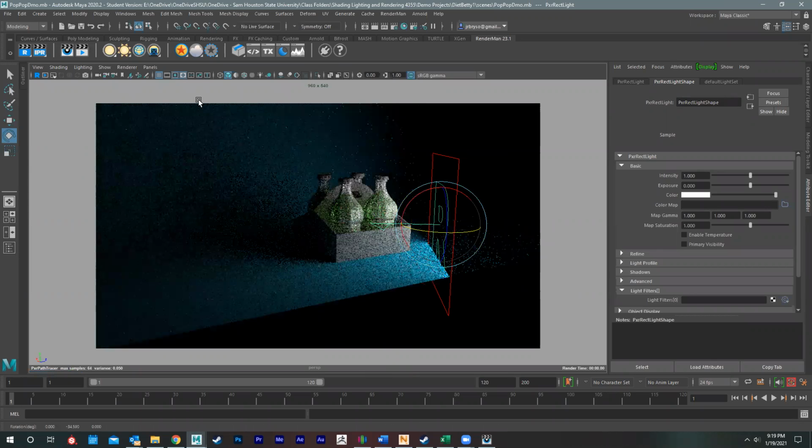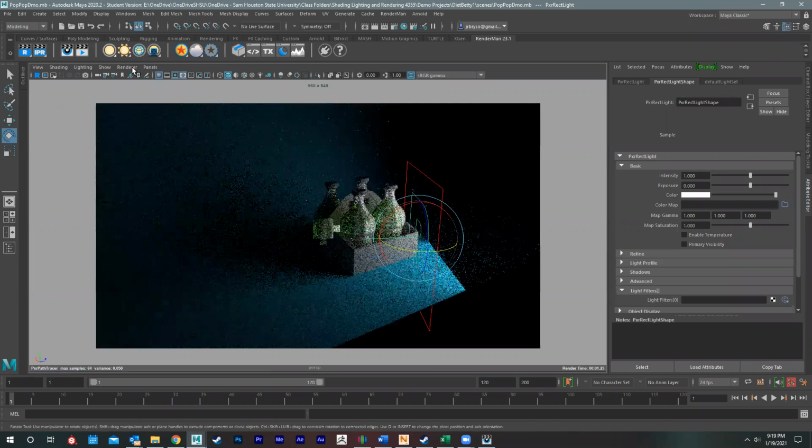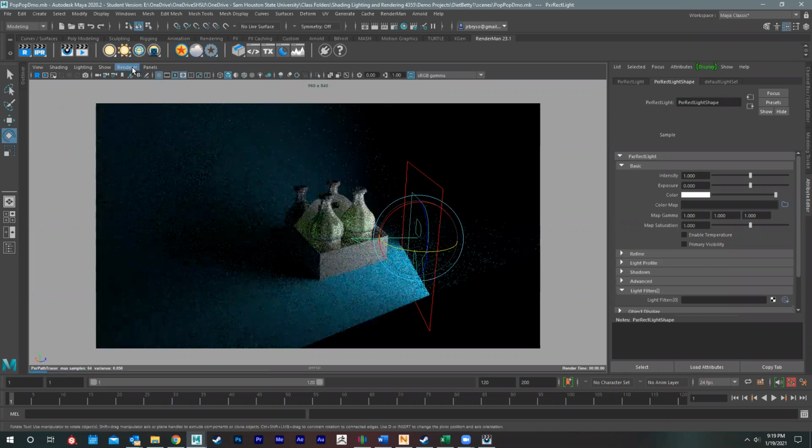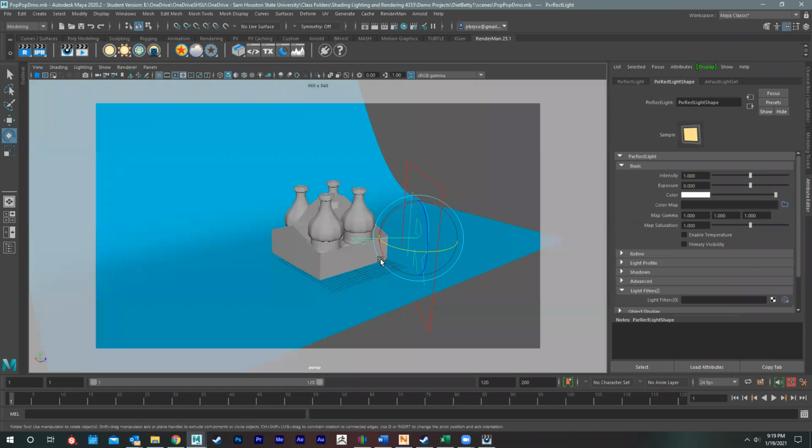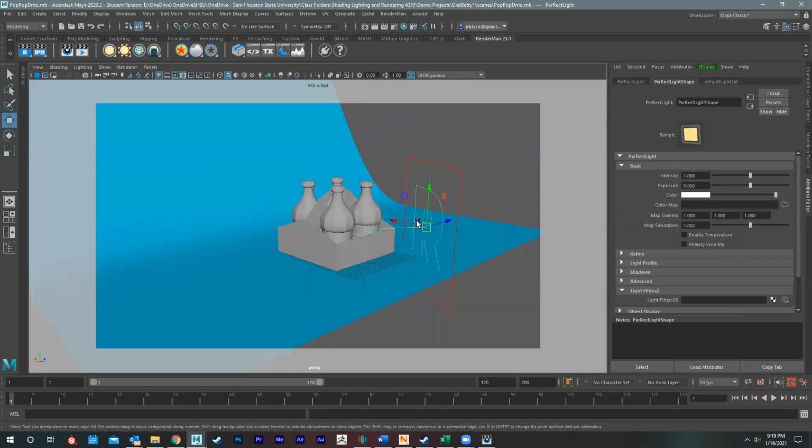You'll notice that when you use this renderer, everything moves really, really slow. So unless you have a really awesome graphics card, I don't recommend using this. Otherwise, it tends to get a little bit annoying. So I'm just doing this to show you kind of how it'll change. I'm actually going to switch back over to Viewport 2.0 just so I can move through this a little bit